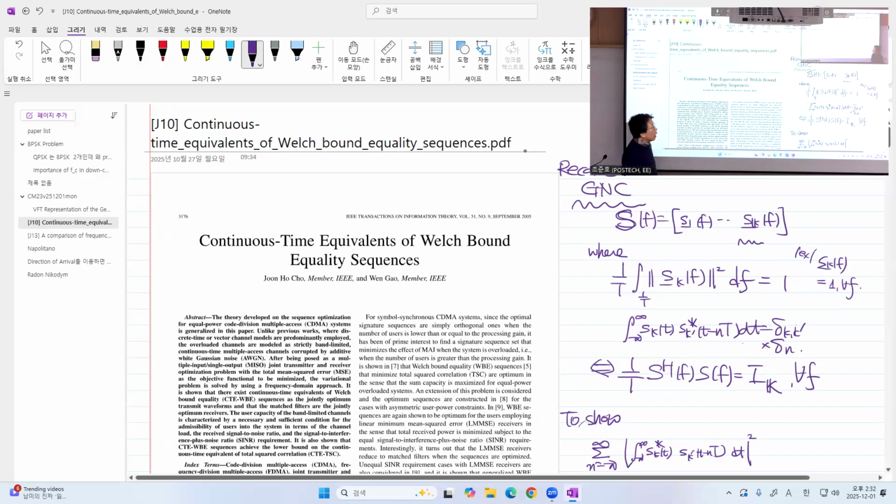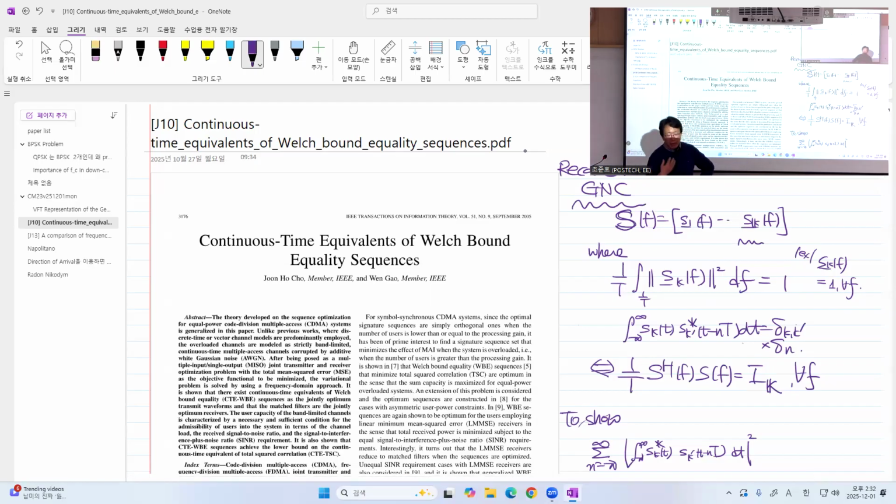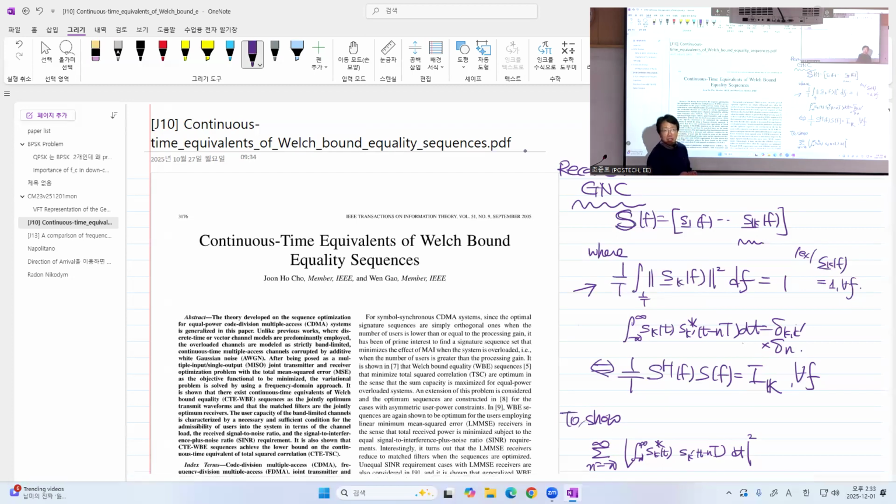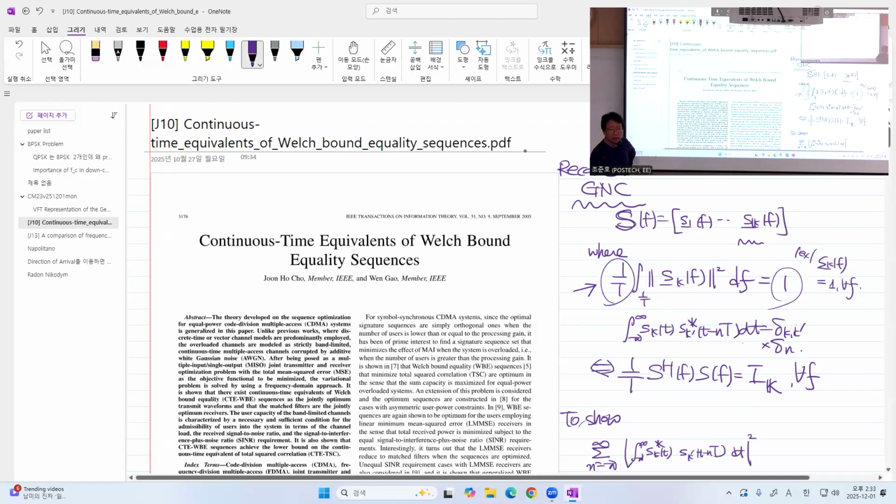Each column is the vectorized Fourier transform of your Kth stream's transmit waveform. And for each transmit waveform, we have the unit energy condition. Now you see this is the unit energy condition, right? And we have what? We have